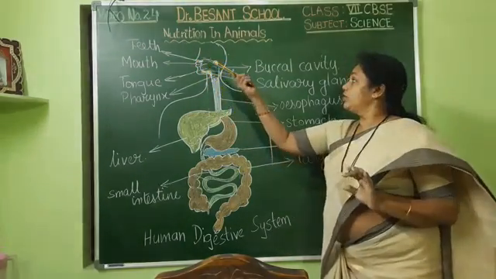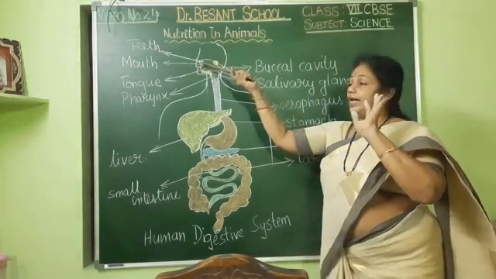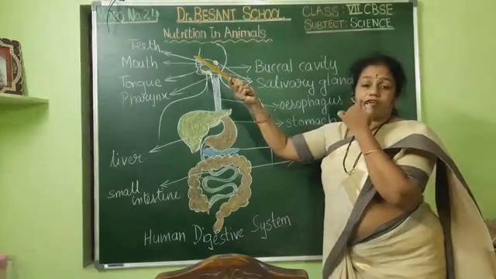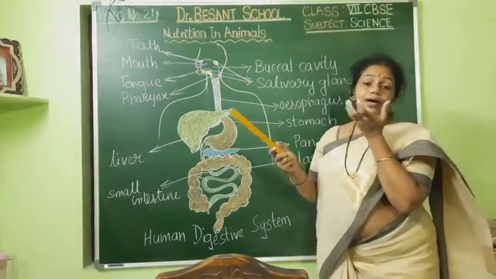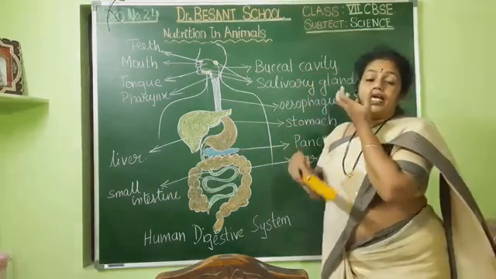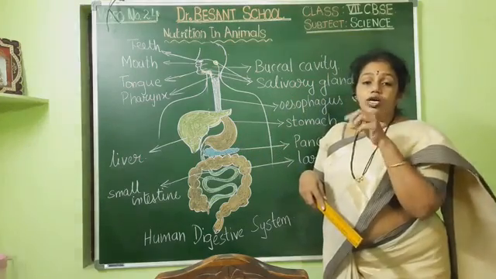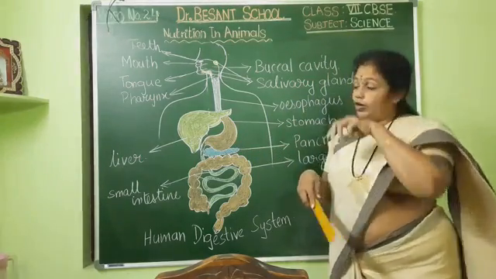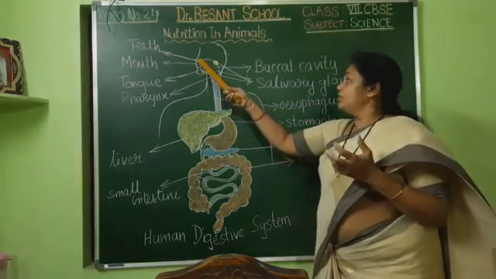On the top, as I told, this is called the palate. Here, the upper roof of the mouth is called the palate. And here we have got one set of upper jaw and lower jaw. Jaw is the bony part, within which it is just like sockets. We fix the bulb inside, no? Like that, the sockets will be there in the bone part of the skull. In those sockets, the teeth will get fixed. So the upper jaw and lower jaw both are there, in which the teeth are fixed.